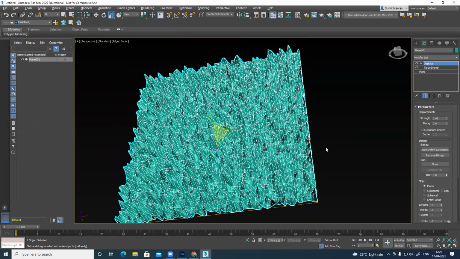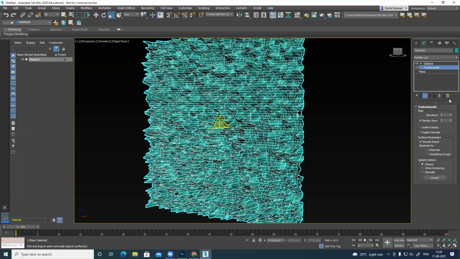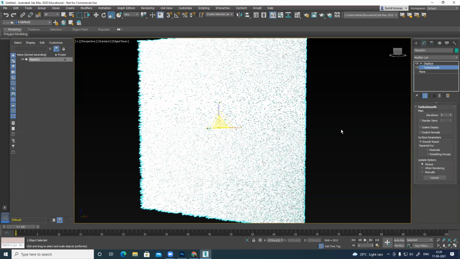The Turbo Smooth is working only in render, not in the viewport. So if I want to change this, I can switch it off, 3 times.